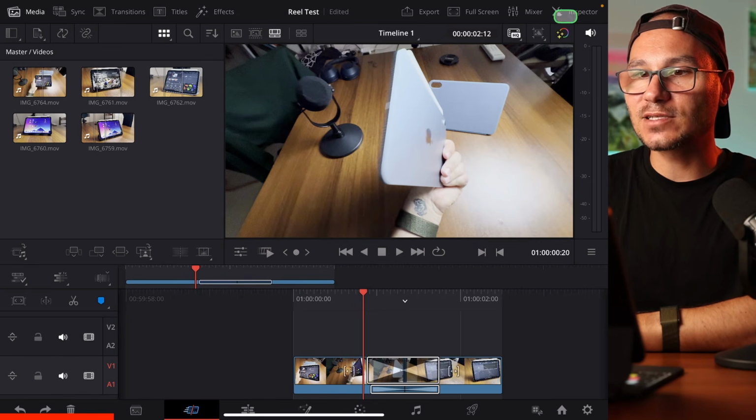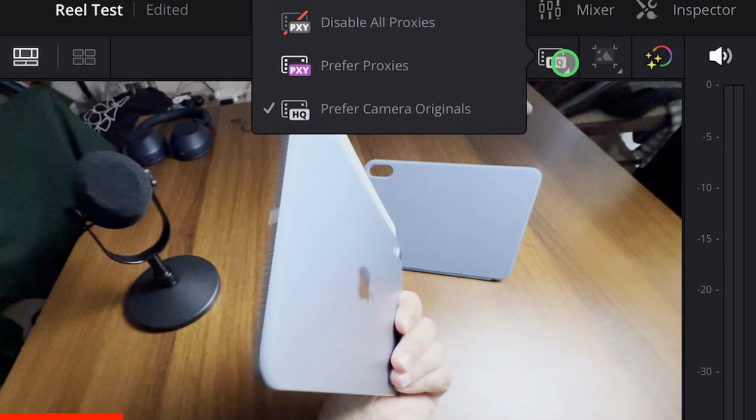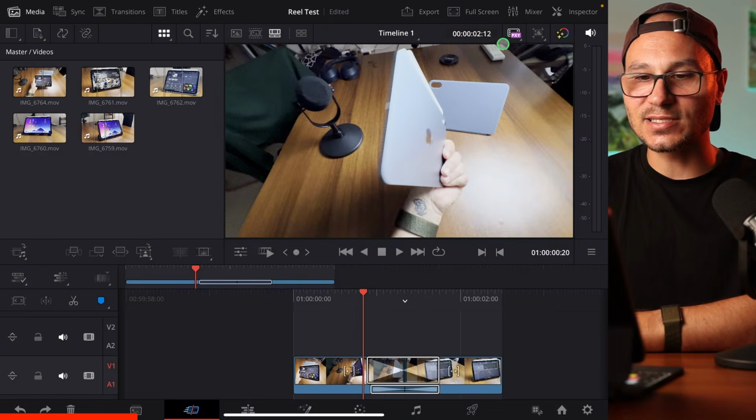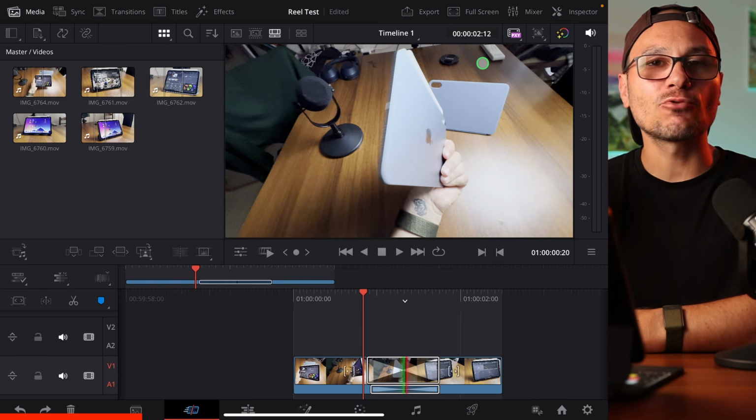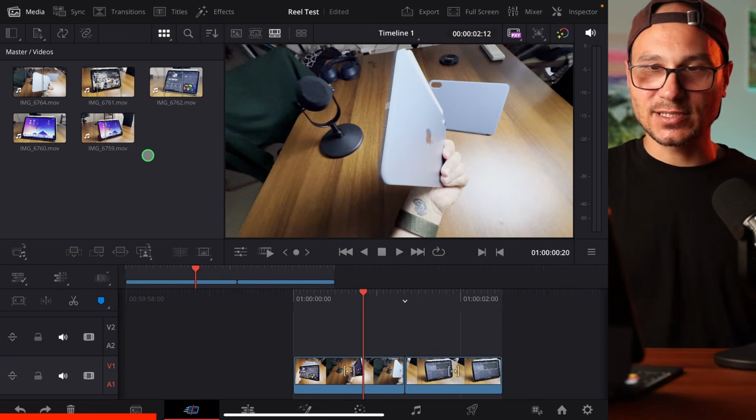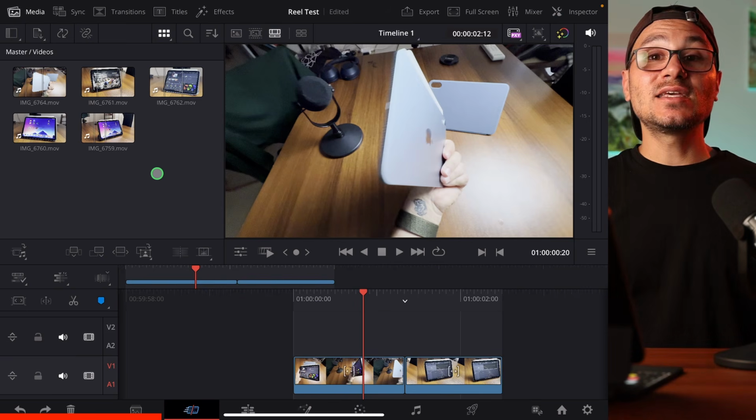And for proxy files, for example, if we look here next to this icon, we have this icon here. And with this icon, we can also change between prefer originals or prefer proxies. But if I change this now, we haven't created proxy files yet. So we have to first create proxy files. And the way you can create proxies, and this is one of the steps where you need the advanced